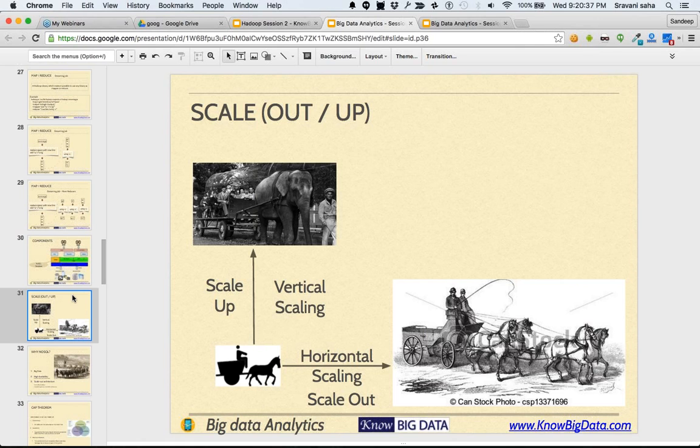Okay, and then you will say, what should we do now? Okay, should we wait for elephants to grow big? Or we say that it's not possible to carry that kind of load. Okay, so that is the reason why the whole idea about distributed computing or horizontal scaling came into play.